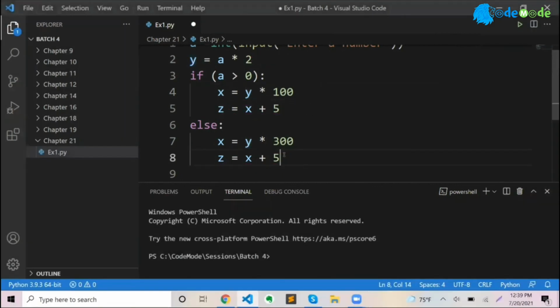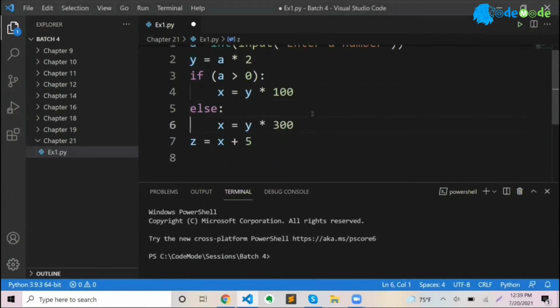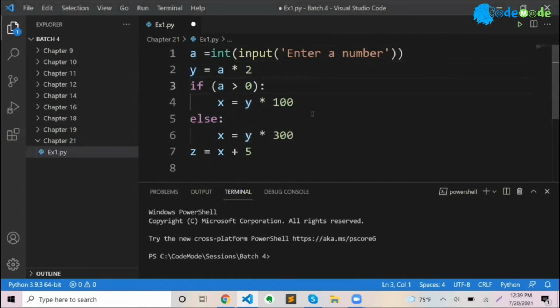What do you do in this case? Move this line to the bottom here. I can remove it from here, and I can move it to this level. So now I optimize my code. I calculate y based on a, irrespective of whether a is positive or negative. And then I am calculating the value of x. And finally, once I calculate x based on the condition, I am doing z equal to x plus 5. And this is common. Again, whether it is true or false, whatever x is, I'm just adding 5. So I will move it to the outside of if else, but after, not before, because z is dependent on x.